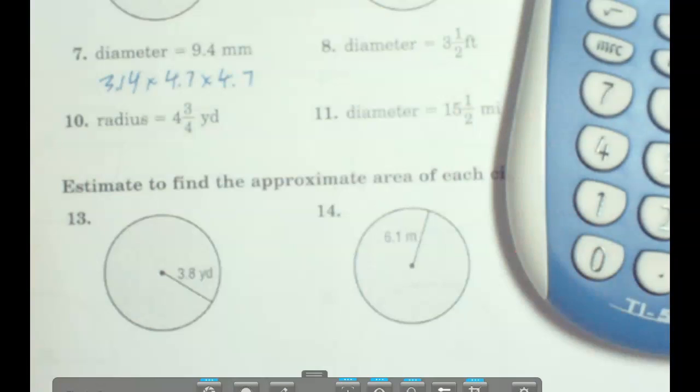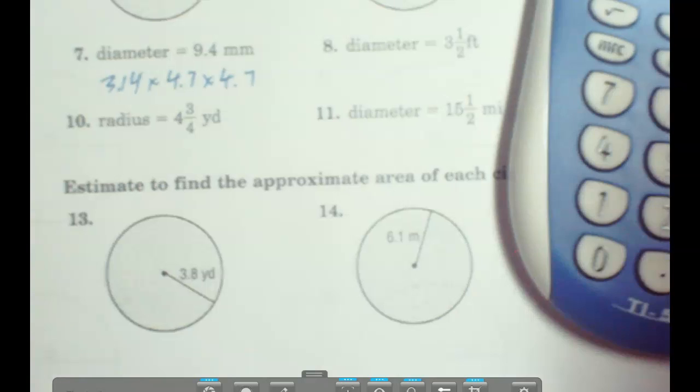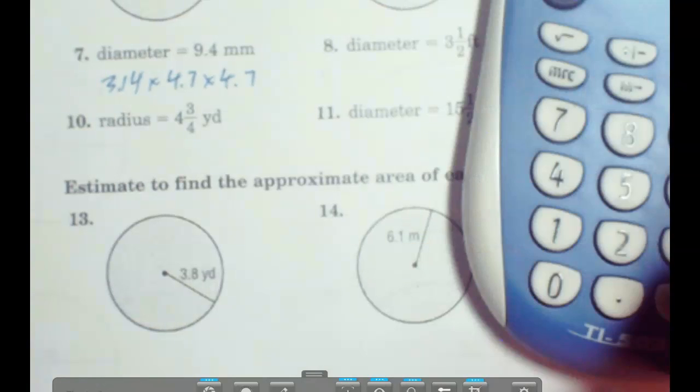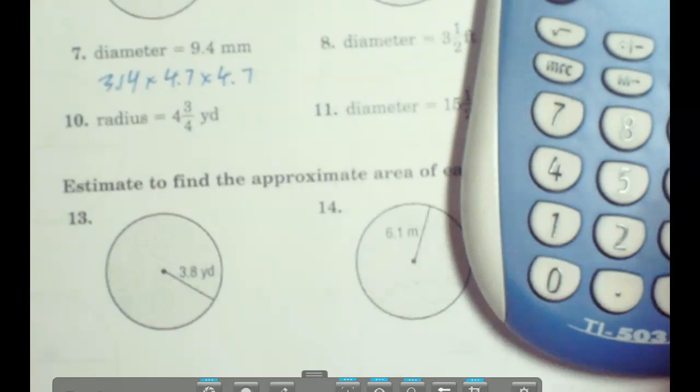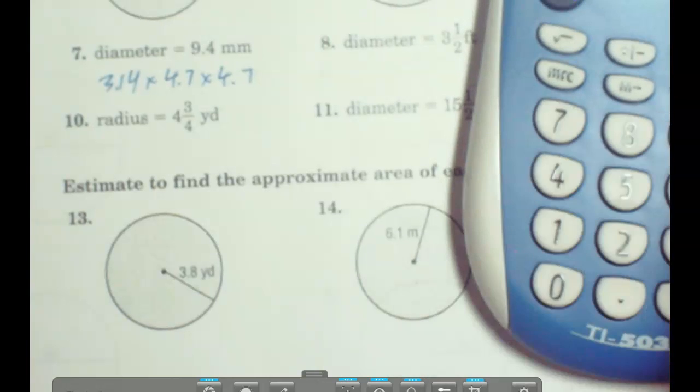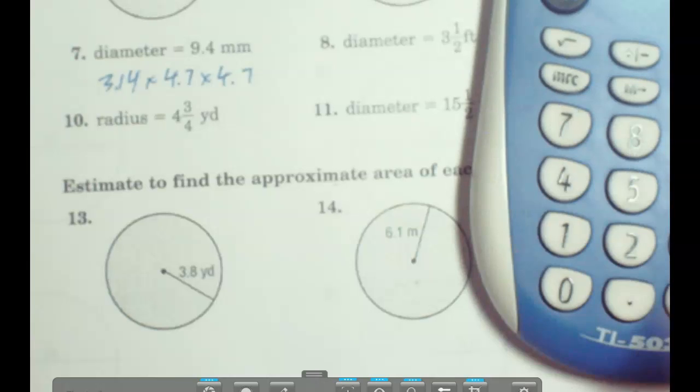Now a lot of kids think, well, why can't I just take 3.14 times 9.4? It's the same thing. No, it's not. 4.7 plus 4.7 is 9.4. But 4.7 times 4.7 is not. All right, so let's pi r it. 3.14 times 4.7 times 4.7, and we got